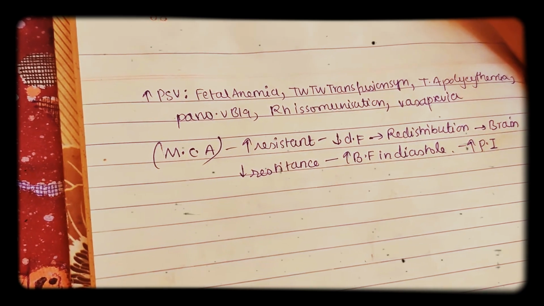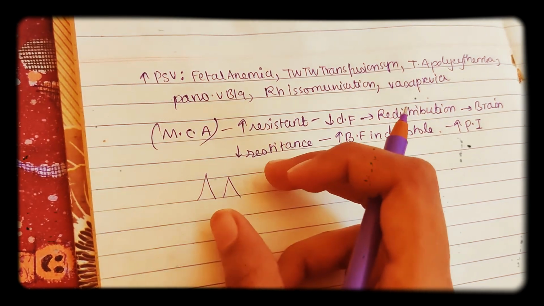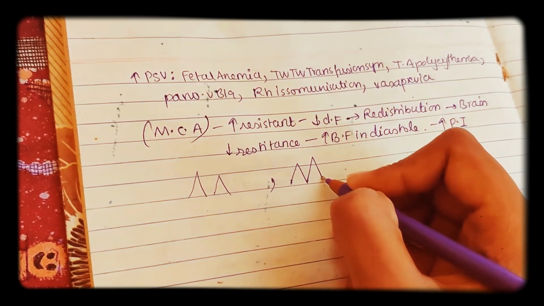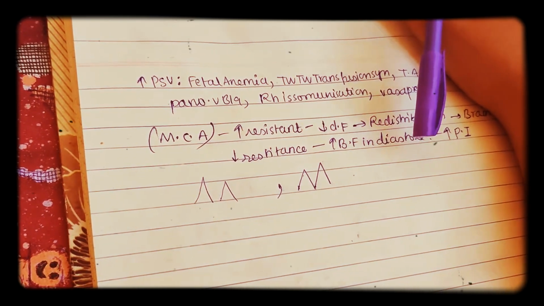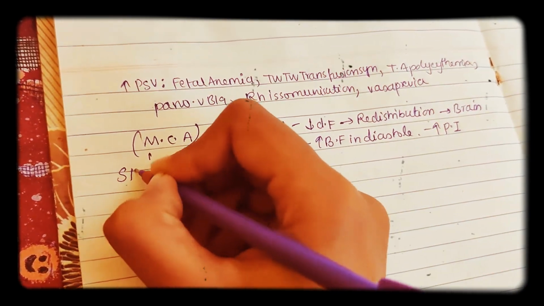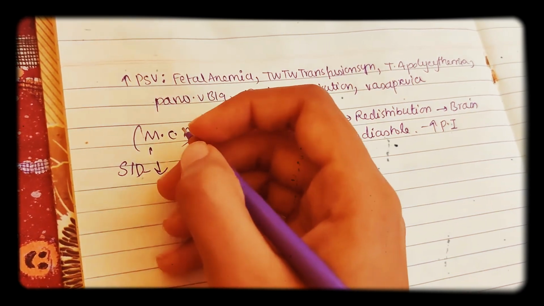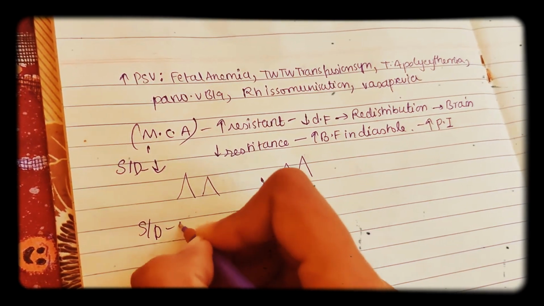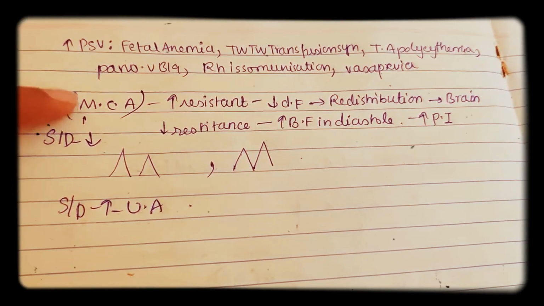So how does the graph look? Now let us draw. As I said already, it would be like this, that is the normal waveform, low diastolic velocity. But whenever there is fetal hypoxia or IUGR, you will see there is high diastolic blood flow. Okay, now coming to the S/D ratio in MCA in fetal hypoxia or IUGR, as we can see here, the diastolic blood flow is increased, so the S/D ratio will decrease, whereas the S/D ratio is increased in the umbilical artery, because I just now said in the umbilical artery it will not change, only in the middle cerebral artery it will change.